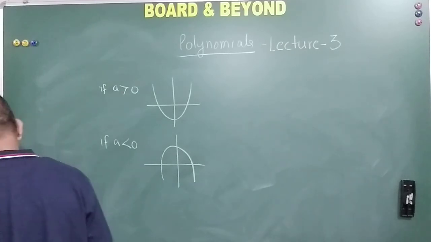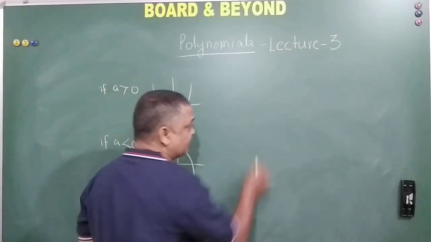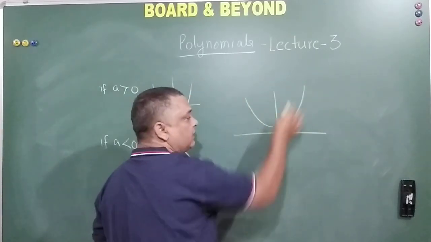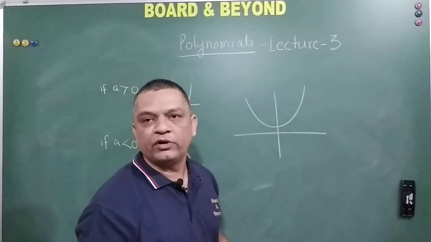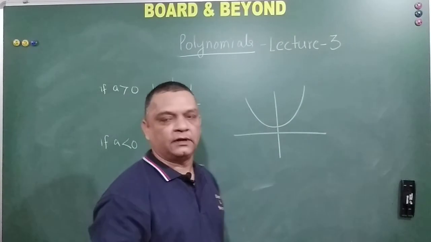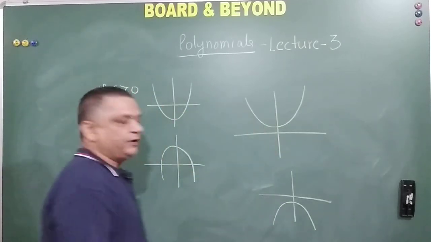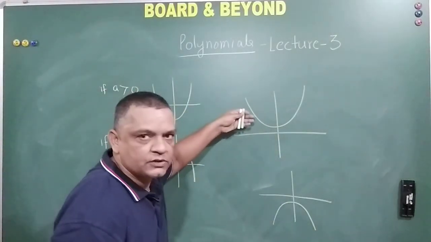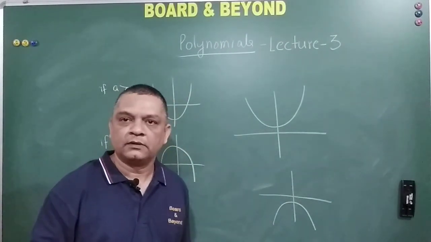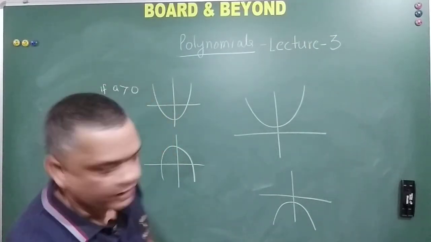There will be certain situations. If the quadratic polynomial doesn't have a 0, you get a parabola of this shape. This parabola doesn't meet the x-axis at any point of time, right? So we don't have a solution, or we don't have a root of this quadratic polynomial. Either it can be like this or it can be like this. So whenever you are plotting, if you come across a parabola which looks like this or like this, you can tell that this quadratic equation doesn't have a solution, doesn't have roots, right? You will come across certain situations.